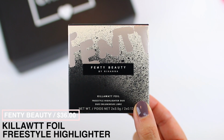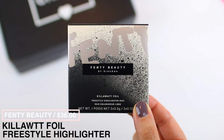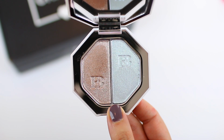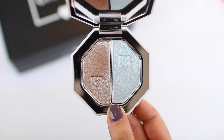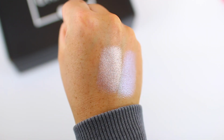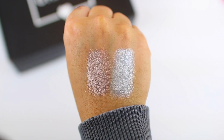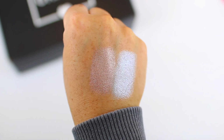Okay, the next thing in here is from Fenty. I'm so excited. This is their KILLAWTT Foil Freestyle Highlighter Duo. So I got Sandcastle and then Minted Mojito. I have tried their highlighter formula in the past. I had a mini version of Hustla Baby. It was definitely one of my favorites. And then I think I was either traveling or I was using it and I did break it. And I've been meaning to repurchase, or I guess purchase, a new highlighter from them, but I can never decide